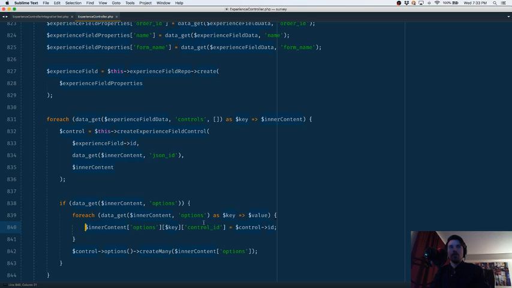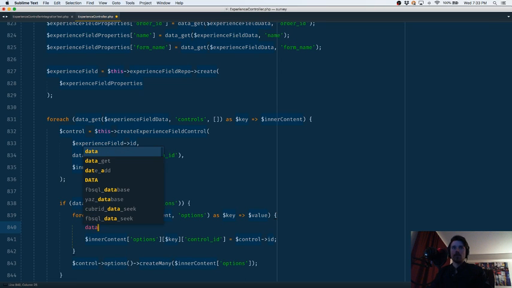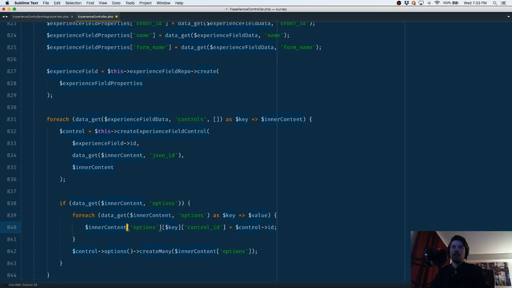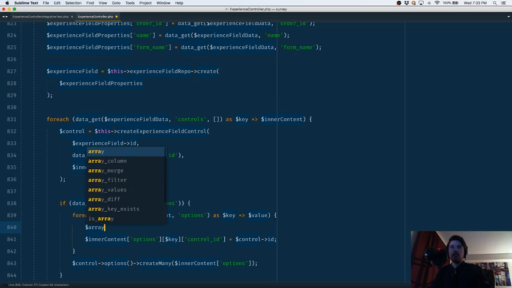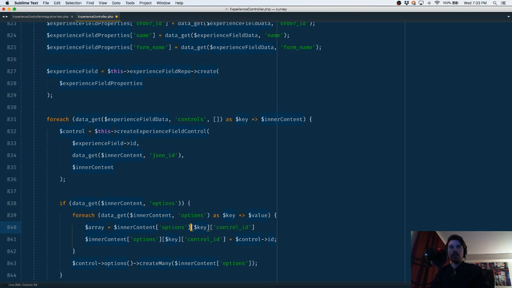So I'm using data get everywhere because it's very neat. It uses a couple levels. Data get acts like a multi-dimensional array access. So if we use this as an example, if I had an array, it would look like